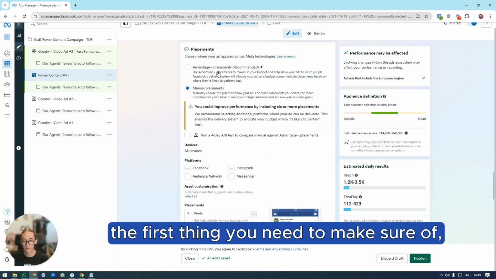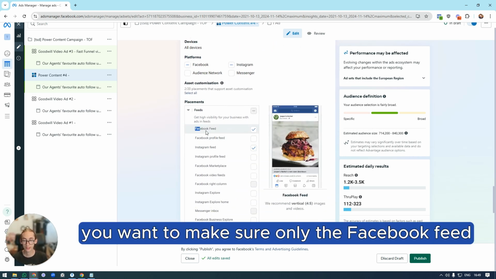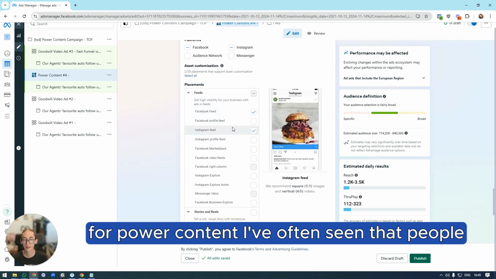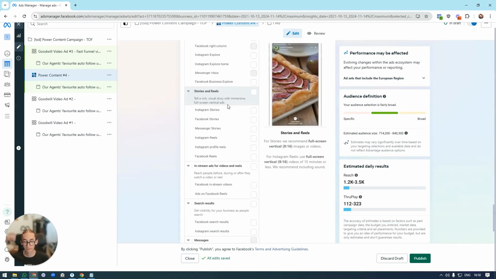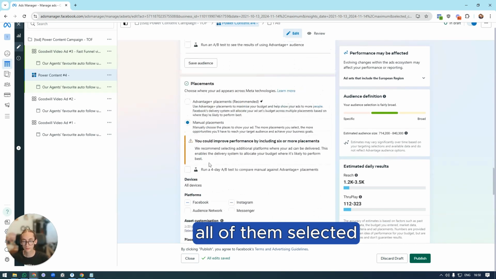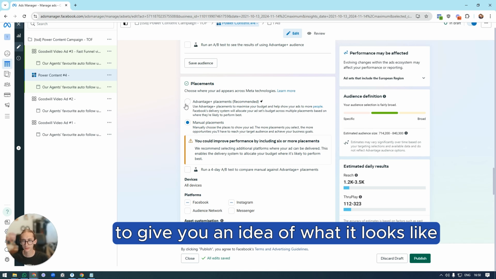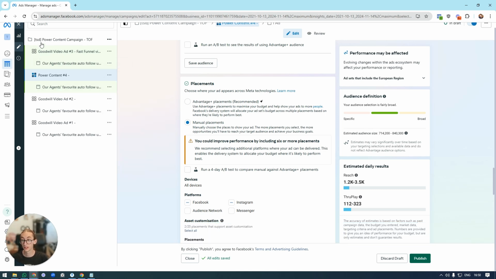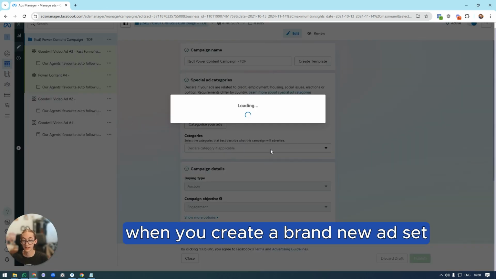The third thing you need to make sure of, pardon the voice crack, is you want to make sure only the Facebook feed and the Instagram feed are selected for power content. I've often seen that people trying to run power content ads will have, for example, all of them selected. They'll have Advantage Plus selected. To give you an idea of what it looks like on a brand new, let me show you what it looks like when you create a brand new ad set,